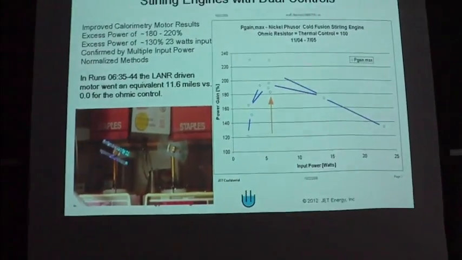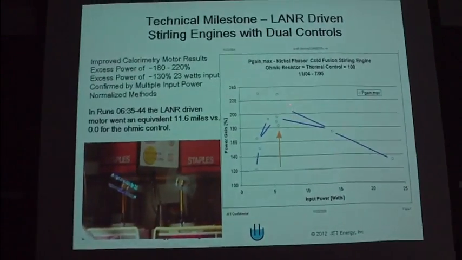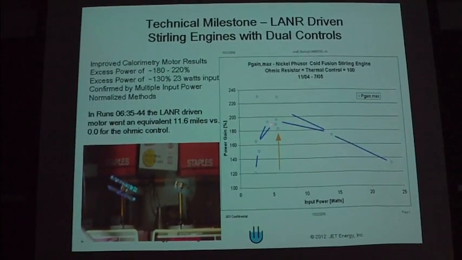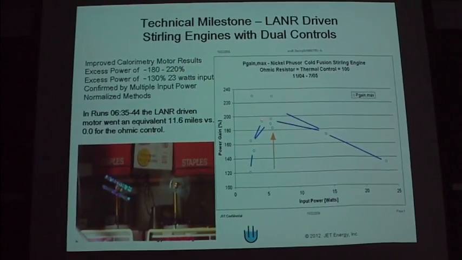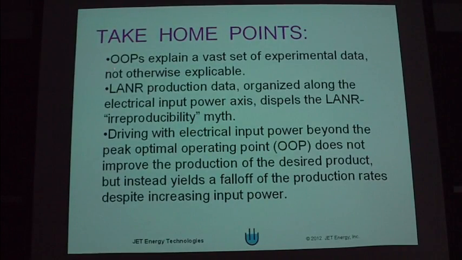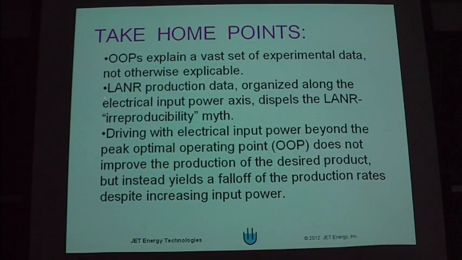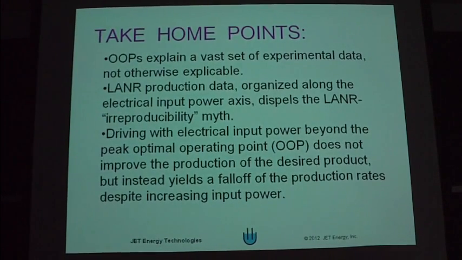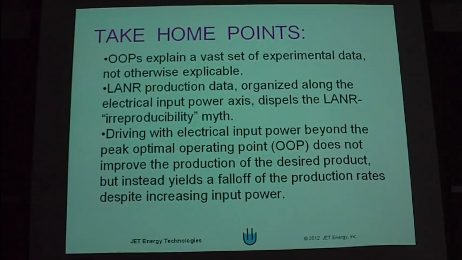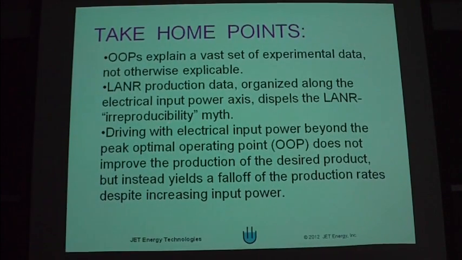And here's our optimal operating point. This is with 19 watts excess power coming out, but we hit the peak here at 5 watts input. And here we're getting twice of what we put in. Take-home message. Optimal operating point manifolds can explain a vast amount of data. Otherwise, people say it's not reproducible. And yet when you put it in as a function of input power, they all line up. And what initially seemed incoherent now becomes clear. I believe